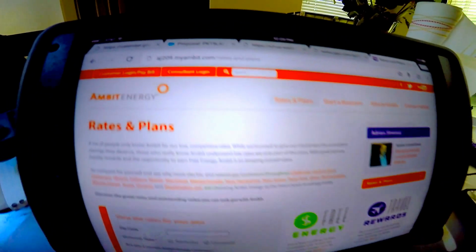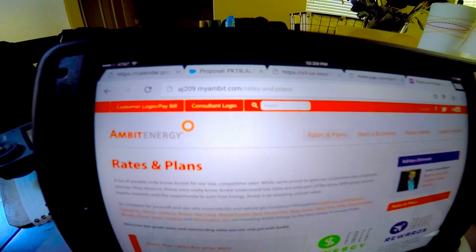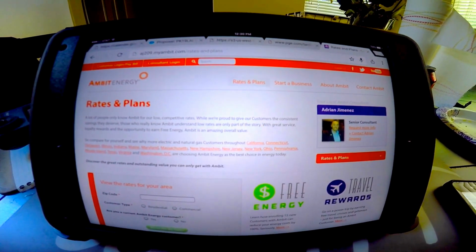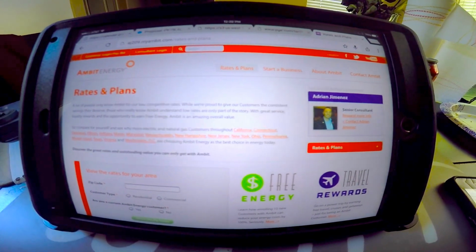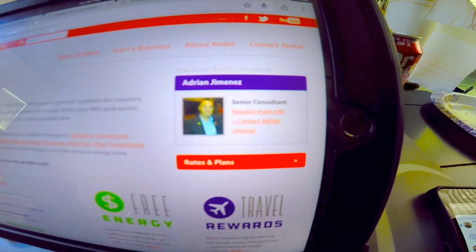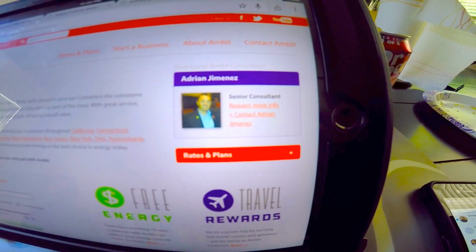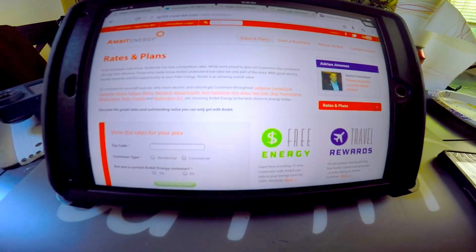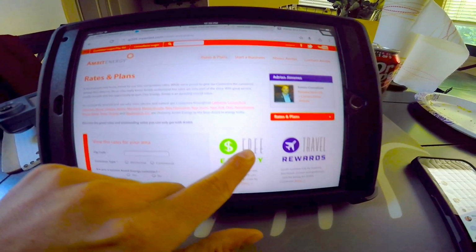So you first and foremost want to make sure that you're on your personalized website. Typically, it's going to be the web handle that you chose, .joinambit.com. And you want to make sure that you yourself are labeled as the local Ambit consultant, so that way nothing is sent to corporate or another consultant in general. So there's a few ways that you can do this.